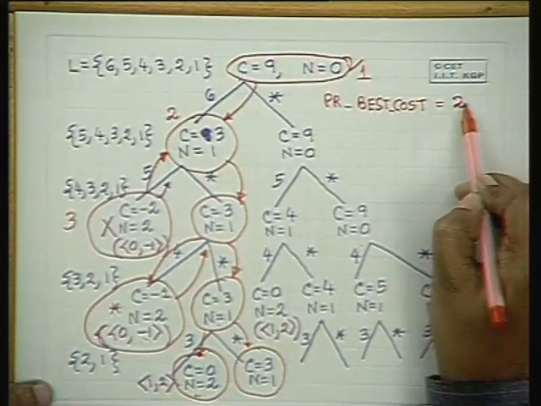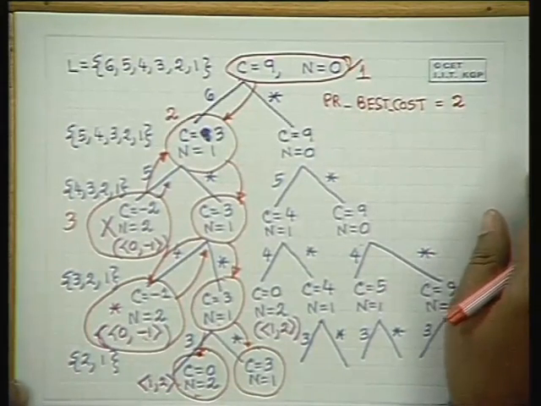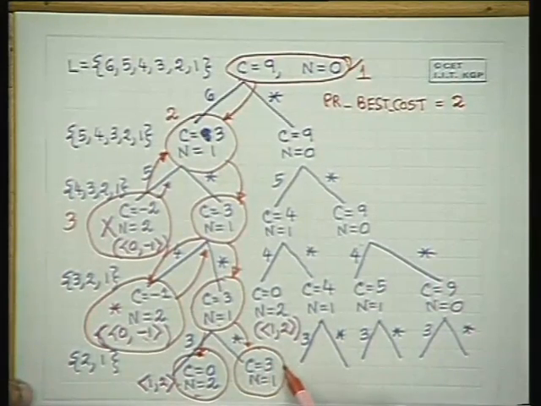is 2. It may decrease because we don't know, but now when we come here, we have come to a point where we have chosen one stamp, and this is not a terminal solution. Therefore we will choose at least one more stamp. Even if we choose one more stamp, we are not guaranteed whether we will get a solution or not. At this point you can argue in the following manner: if I continue below this, I am not going to get a solution which is better than 2,